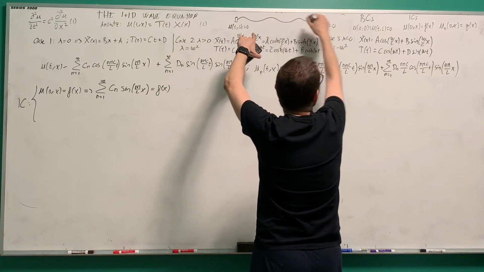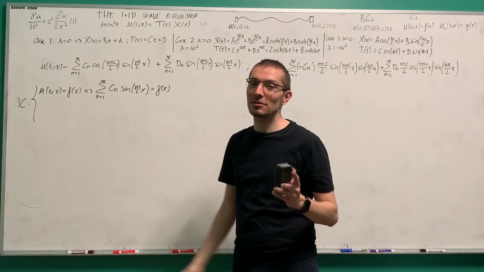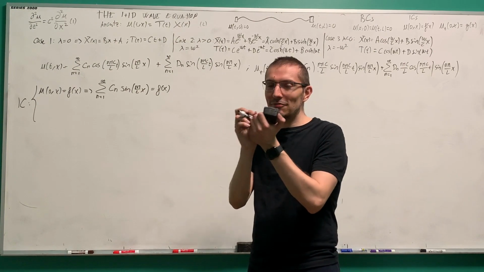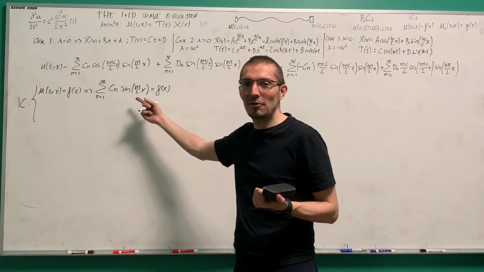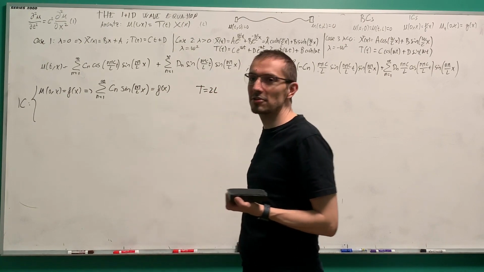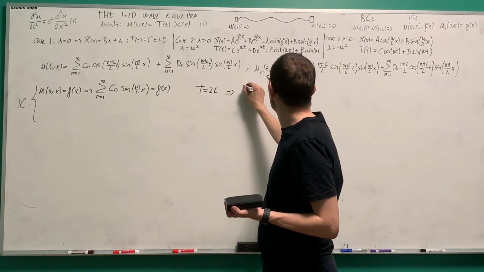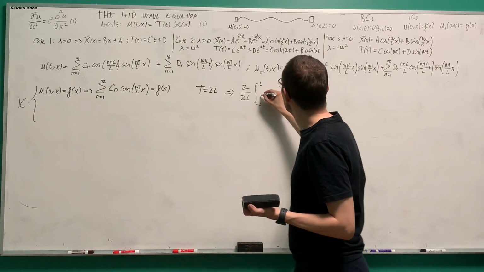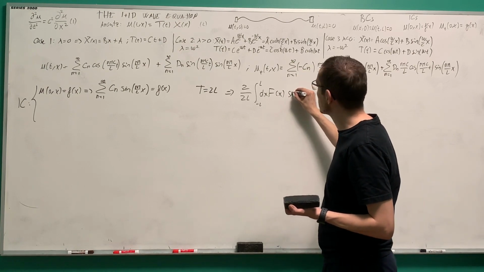F of x is a function of x, that is this one, to 2L. So that's clear. The coefficients Cn are the coefficients of the sine Fourier series of f of x. So we need to take the f of x that is defined from 0 to L, do the odd extension, right, to get the sine Fourier series. The period for the odd extension, remember, is 2L, and then we get that the coefficients are, well, let's do the whole thing, 2 over the period 2L, integral from minus L to L, let's call capital F the odd extension of f of x, times the sine of